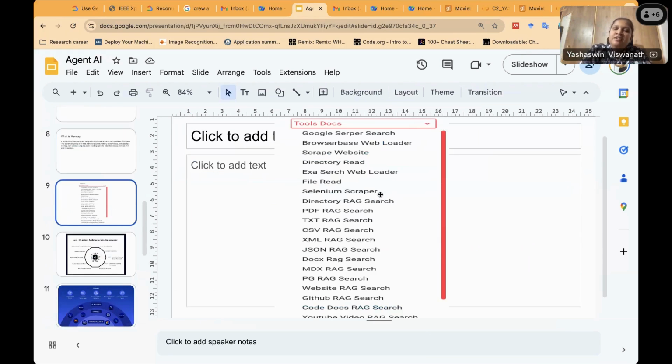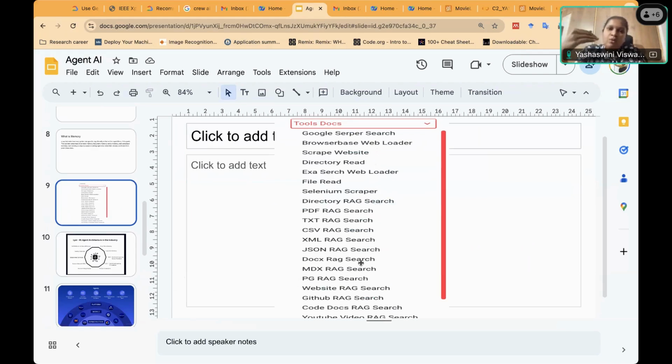So here are different types of tools that are there. You can see a Google search, browser-based web loader, scrape website, directory read, file read, and so on and so forth. Here you also see the word RAG search, that is retrieval augmented generation.